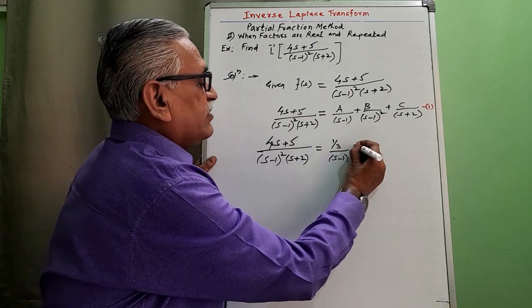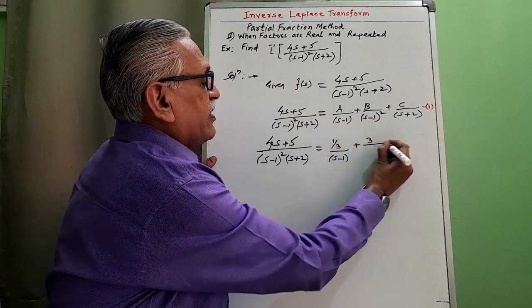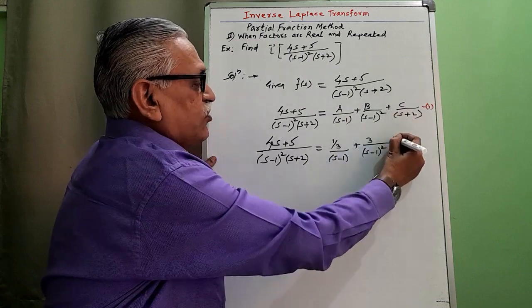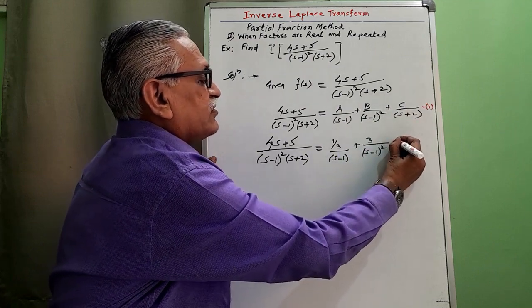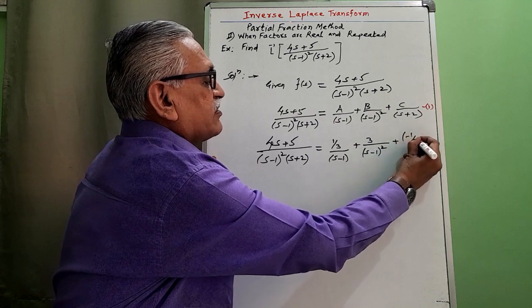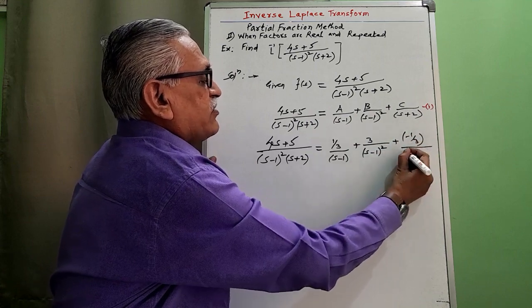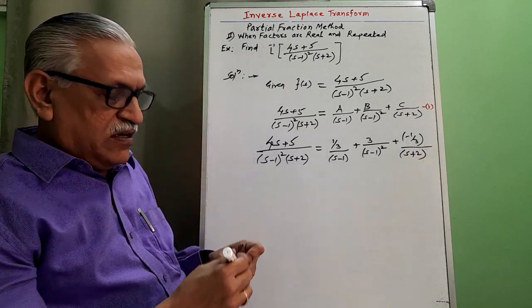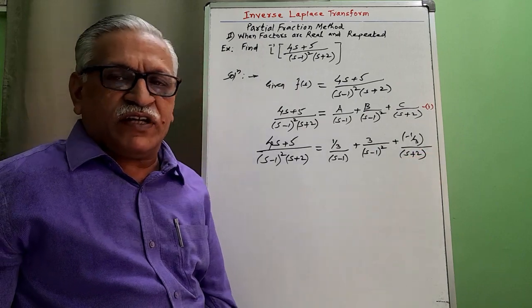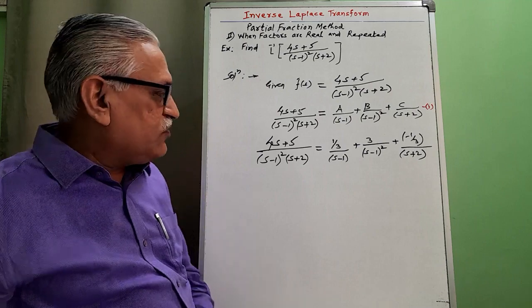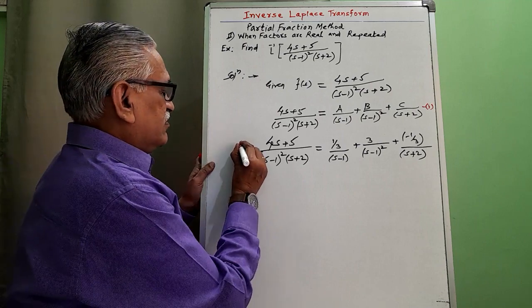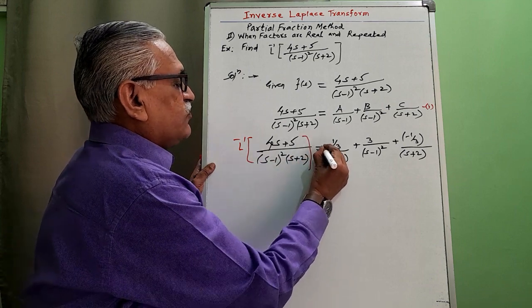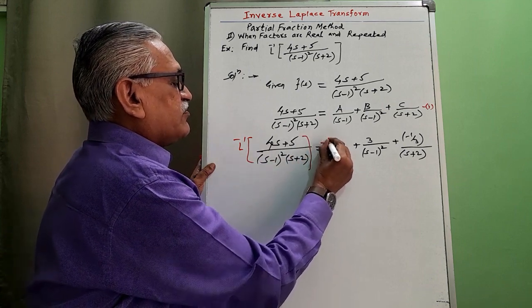Value of b is 3 divided by s minus 1 whole square, and value of c is minus 1 by 3 divided by s plus 2. After substituting the values, we have to take inverse on both sides. Therefore, inverse of left hand side means inverse of right hand side terms,